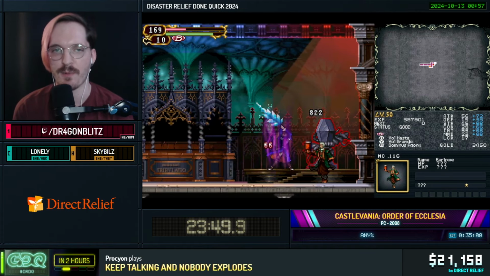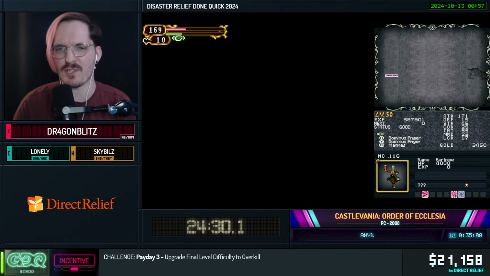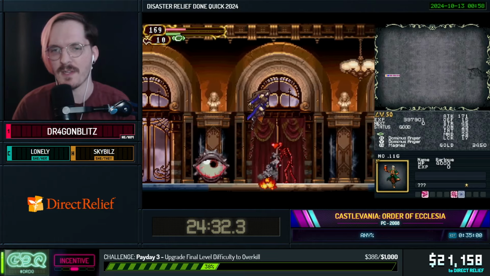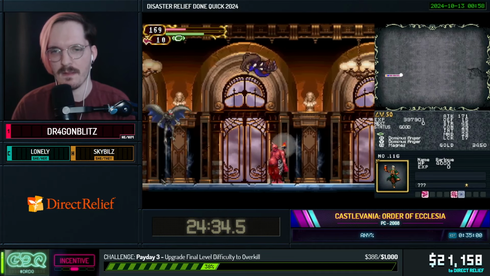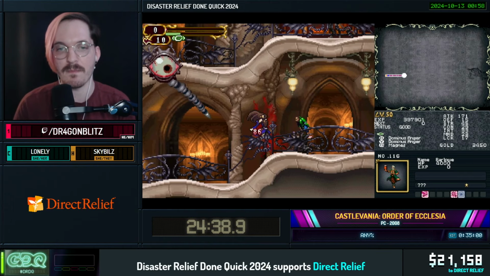But now we're here in Dracula's castle. Like I said, we did a glitch to essentially skip needing to save all of those villagers. And that glitch alone saves almost 20 minutes alongside a couple of other things. But yeah, now that we're here in Dracula's castle, we're going to be killing these black...